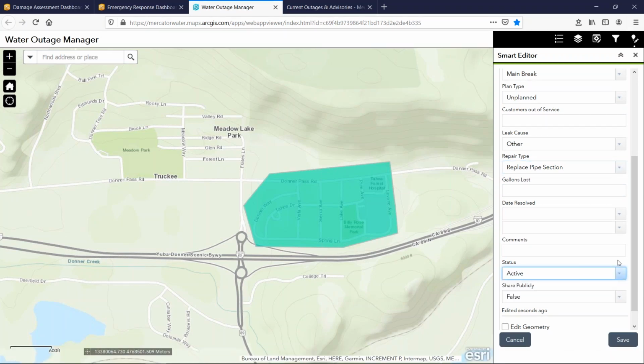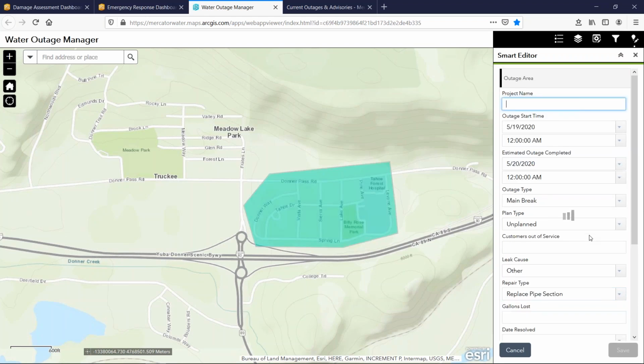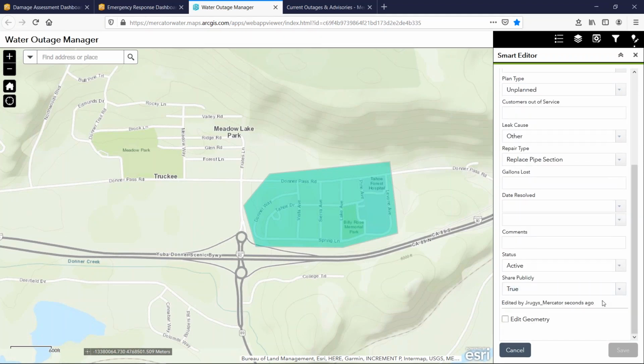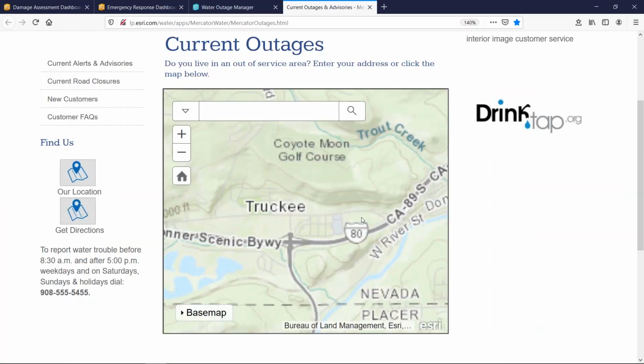But we don't want to share all this information with the public, and we also don't want to host this information when we do share it with the public behind our firewall. So it's a best practice to host this public-facing view that is created when I select share publicly equals true here in ArcGIS Online. So internally, the utility can manage this information, and then the public can log on to the utility website. Here's a public-facing map, and view outage information